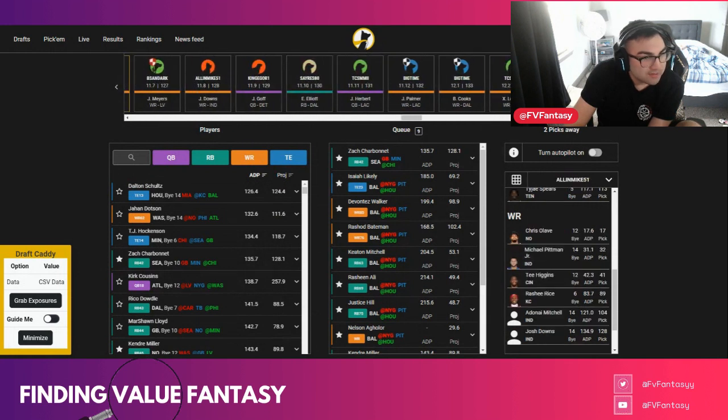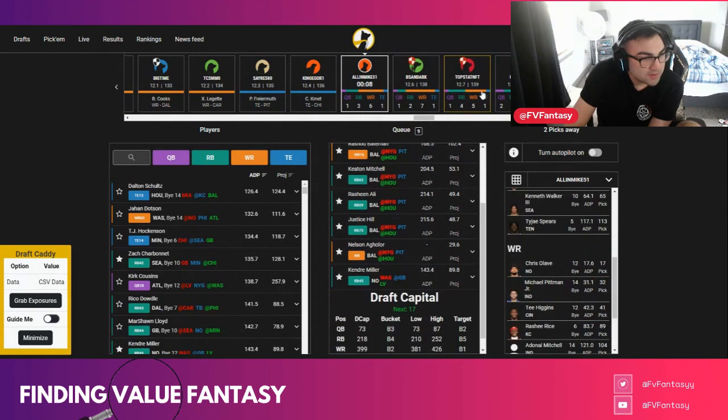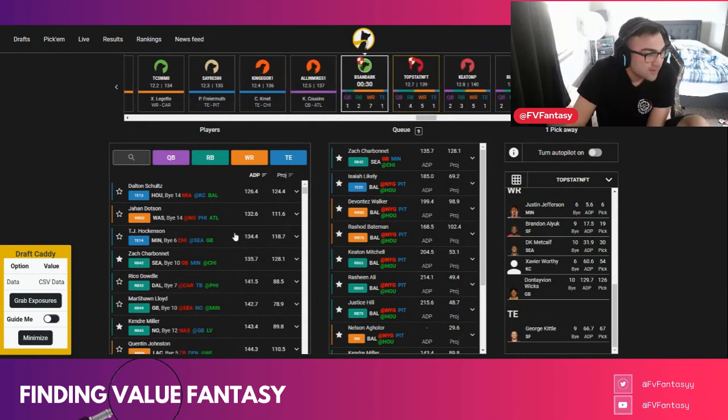Downs went right away. I didn't even sniff that opportunity. Schultz, of course, is there if you want to go that route. But I think if I go Schultz, I'd rather just have like a Houston stack. So it doesn't feel good. He's kind of like Kmet. Like I don't want Kmet at all unless I have